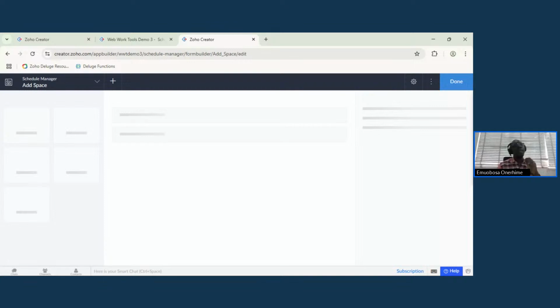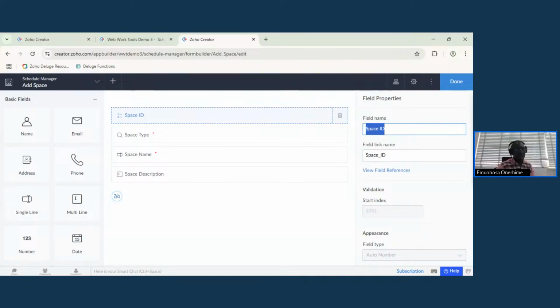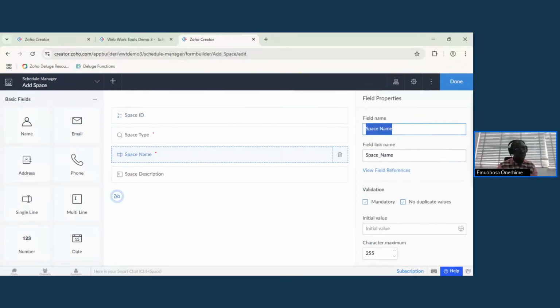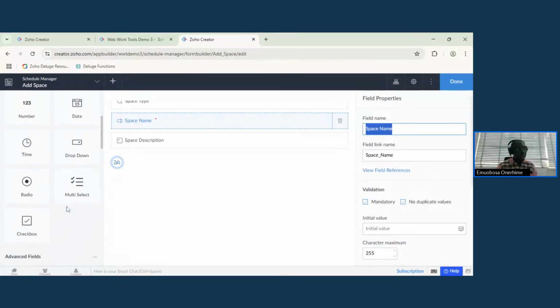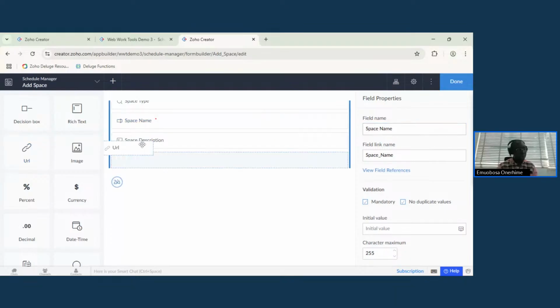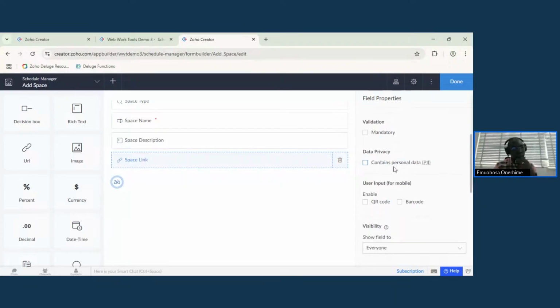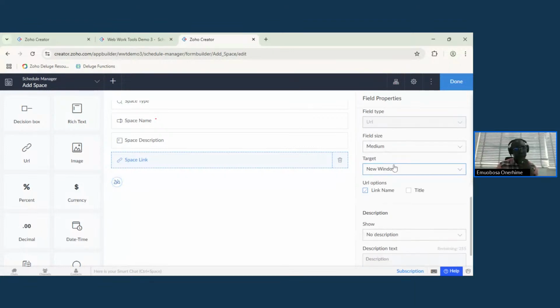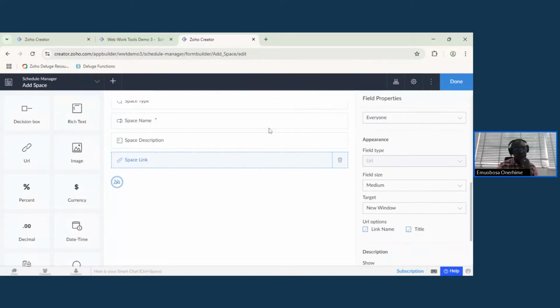So what are spaces used for? Spaces are like rooms or places where the events take place. Okay? And you have the space ID, you have the space type, you have the space name, which of course is unique. But then we are going to have something interesting here. We are going to have the space link. Now, the space link is for a situation where the space is a virtual one. So it gives you the opportunity to put the link name, to put the title,